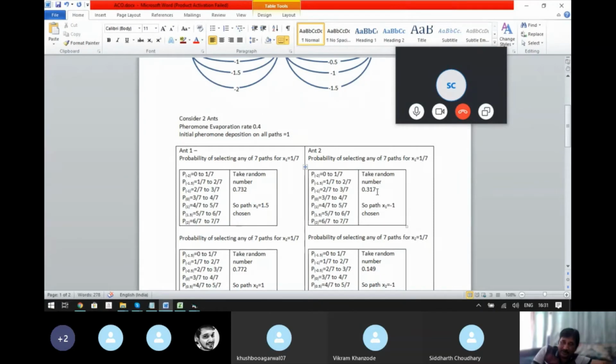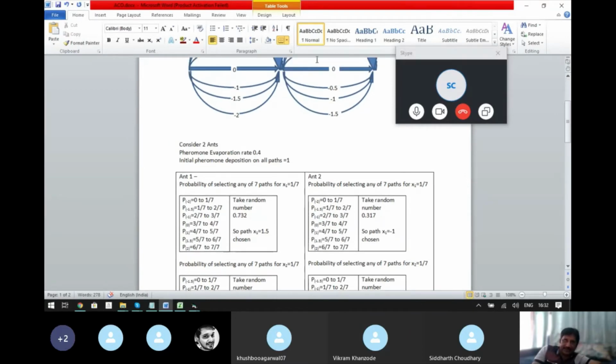So 0.317 will be falling in the range 2 by 7 to 3 by 7. So that indicates that the ant will be selecting the path where x is equal to -1. So x1 is -1. Likewise, after ant 2 reaches this point, once again there will be a question to the